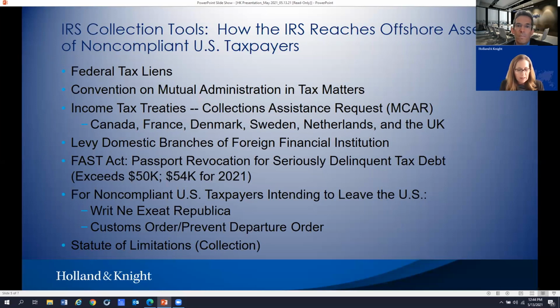So I think collecting on U.S. assets obviously is a little bit easier because the IRS does not have express statutory authority to take collection action against foreign situs assets. You either have to have a collection assistance treaty, or the IRS has to pursue judicial collection remedies. And oftentimes courts in other countries don't necessarily want to be willing to collect taxes to benefit another country. So Kevin, that's kind of a nice intro into your next topic.